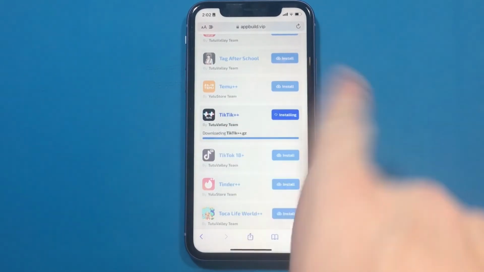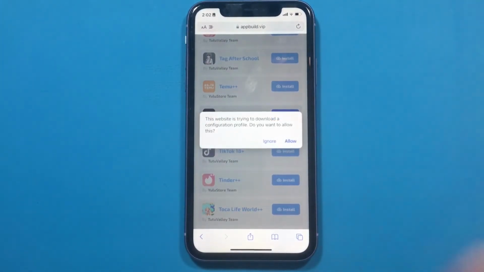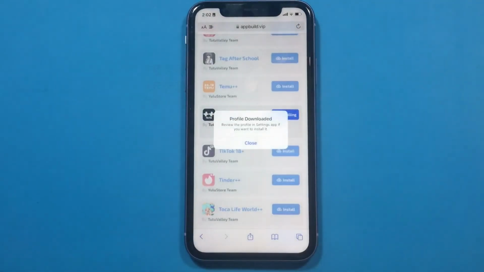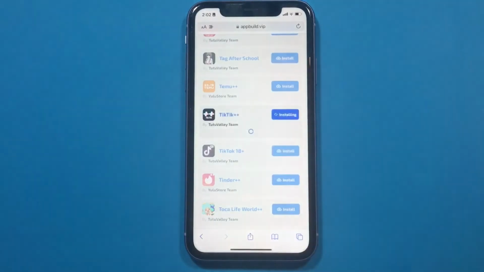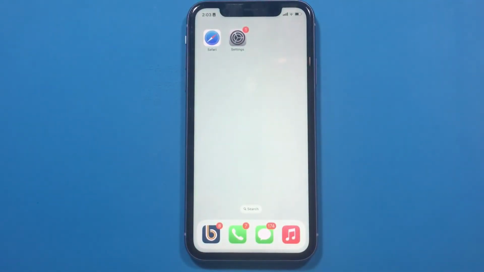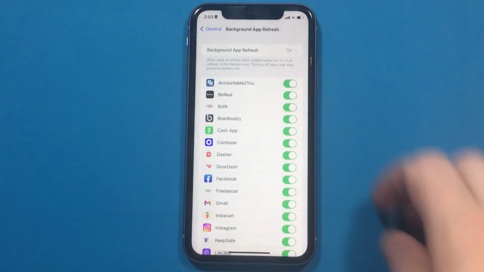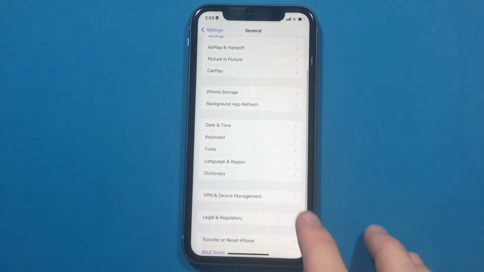But basically, we're waiting for a little pop-up right now saying that the download happened and that we need to allow it to go through. There it is right there. Let's go ahead and hit that Allow button. And now that profile has been downloaded, and it wants us to go to our settings in our profile if we want to install it. Obviously, we want to install it, so we're going to go right here to our Background App Refresh, guys, and then we're going to go here into